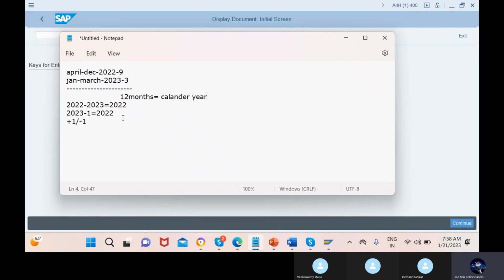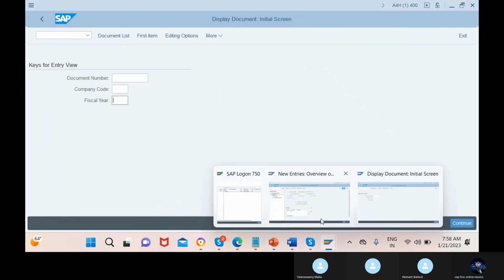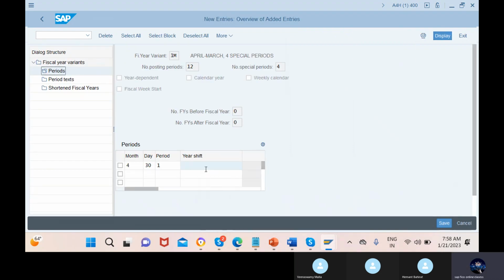In the months of Jan, Feb and March, how can we make it? I'll show you here. Guys, now I'm just shifting Jan to March, but not April to December. So that is the reason I choose year shift 0 here, and the fifth month contains 31 days. The second accounting period has year shift 0 and the 6th month